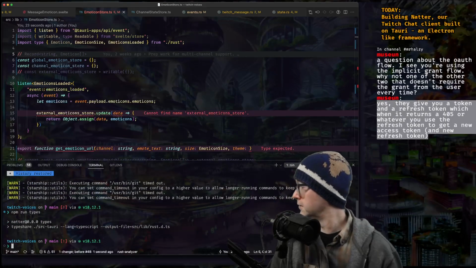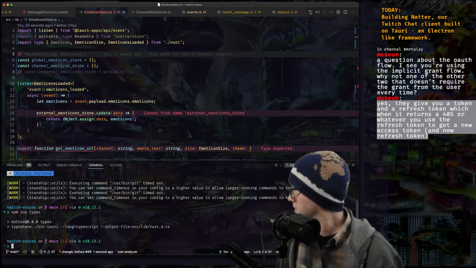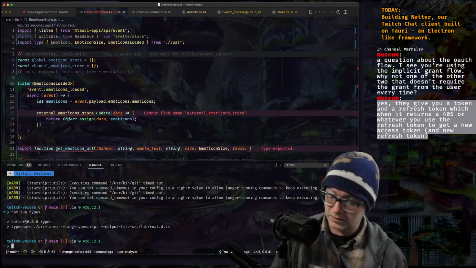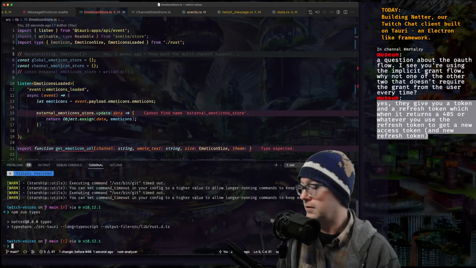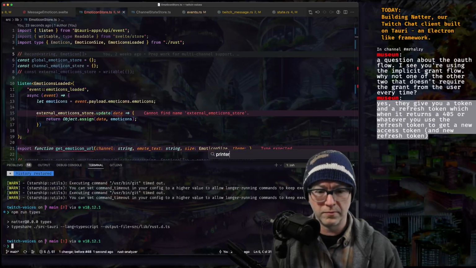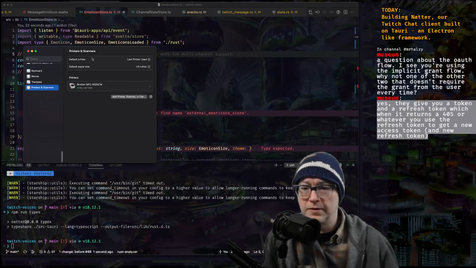You find the toner you need? It just says replace toner. Oh, hold on. Printers and scanners.